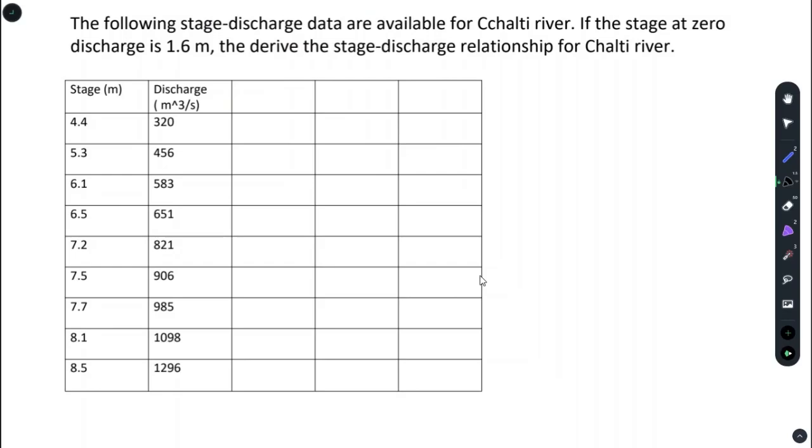We know that the relationship between stage and discharge is Q is equal to a constant, let's say C, times H, that is stage, minus